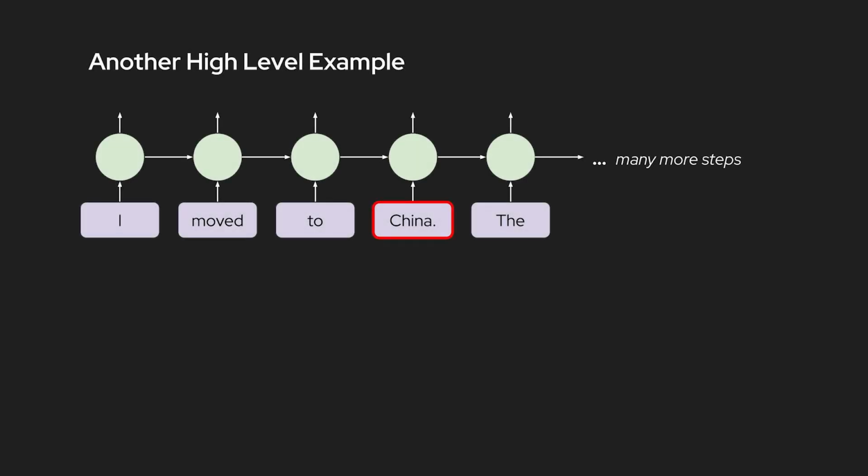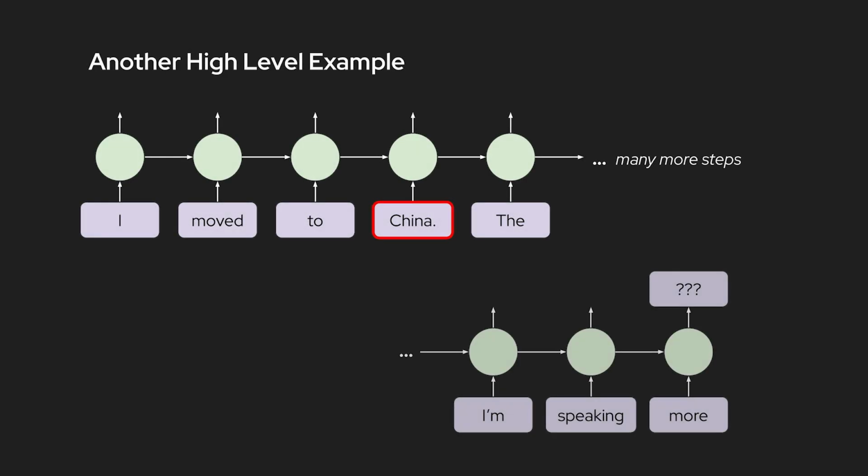Let's go ahead and step through another example. In the same context, let's consider the sentence we want our model to process as, "I moved to China, ..., I'm speaking more," where ... is some long string of words that aren't totally relevant to the word we're trying to predict. Because the word that gives our model the most context into what word comes next, China, is so far from